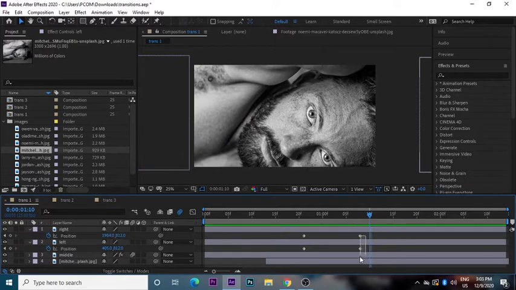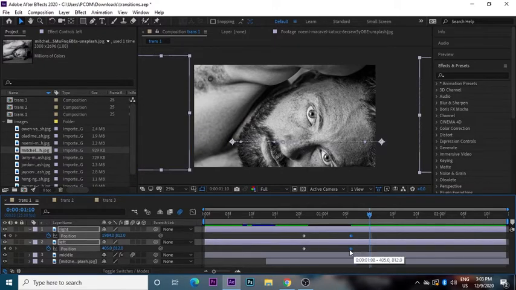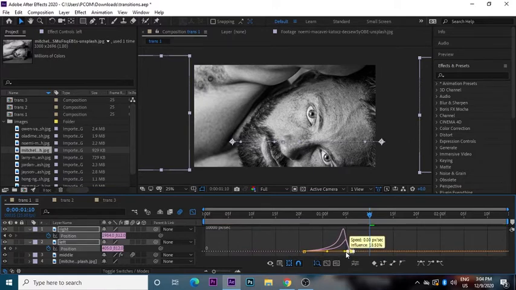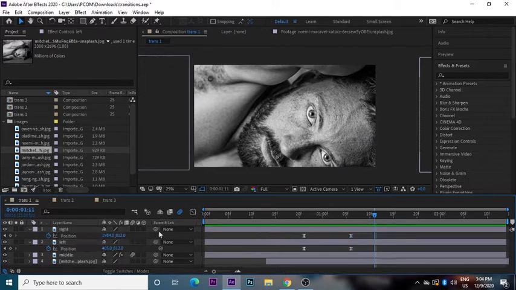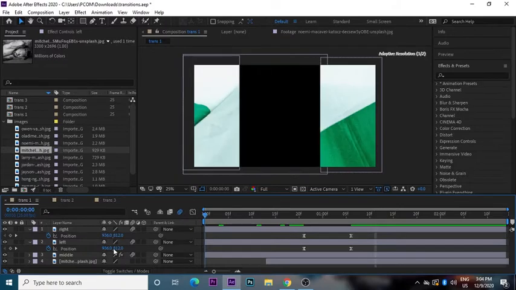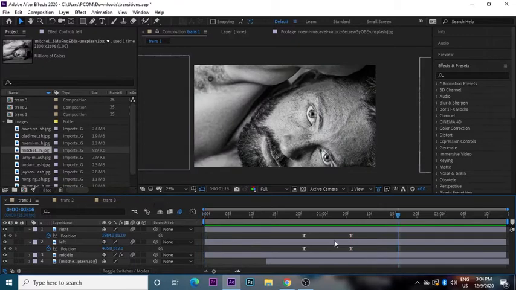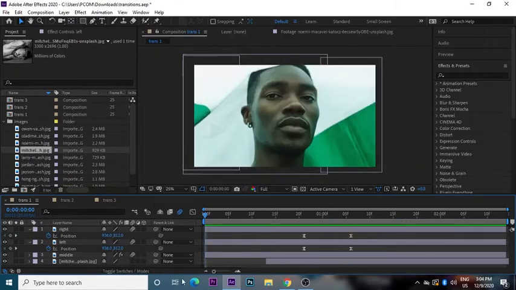Now this is again too short, again too long. I'm gonna make it a little speeded up and select all the keyframes, press F9 to easy ease, and again to the graph editor, just drag it all the way towards the left, making a peak. So we have a really cool animation. Again bring the motion blur and also the motion blur for the comp. So now if we eyeball our transition, it looks really cool. So guys, here the first transition is done.